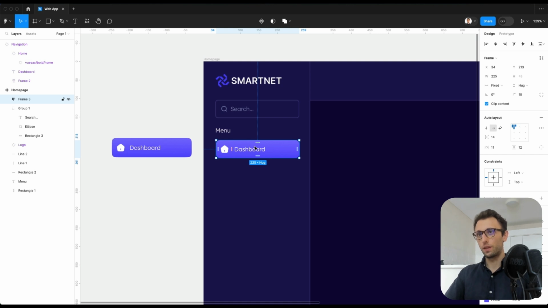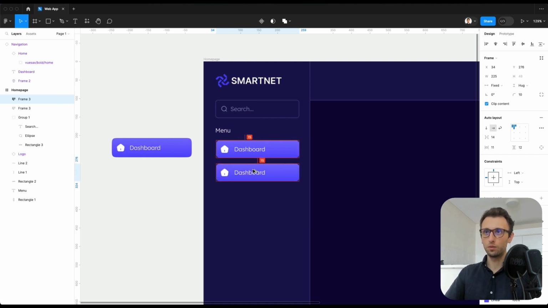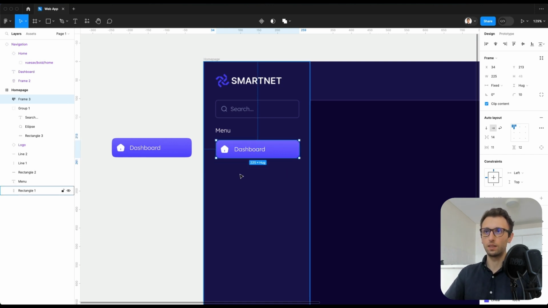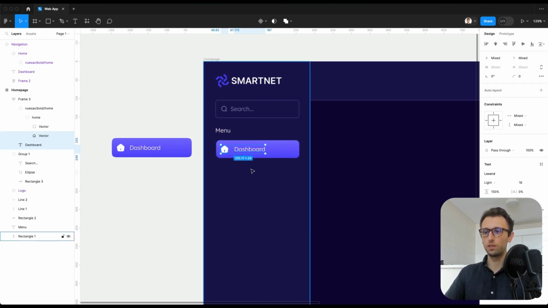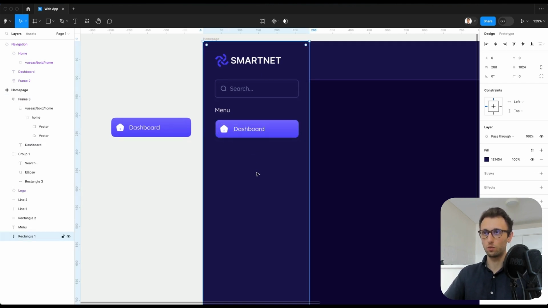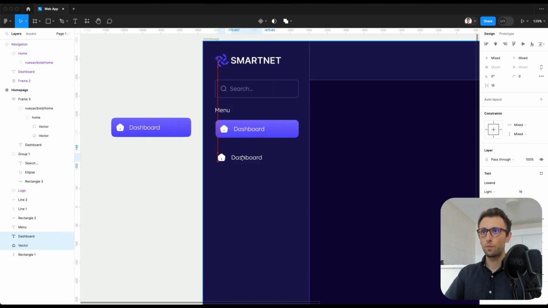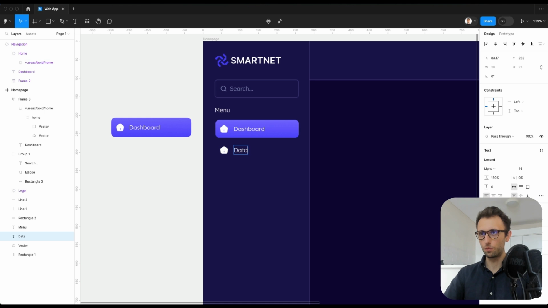And now what I could do is duplicate this and basically have all the options that way. But just to make things more practical, since we have a lot to cover, we're going to essentially add these manually. So I'm gonna have data security,